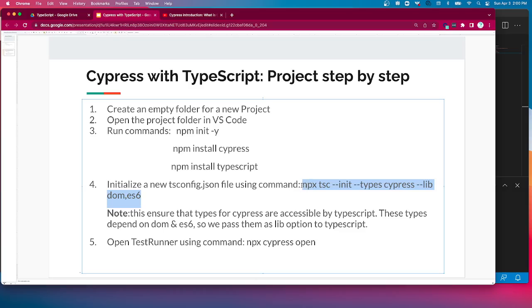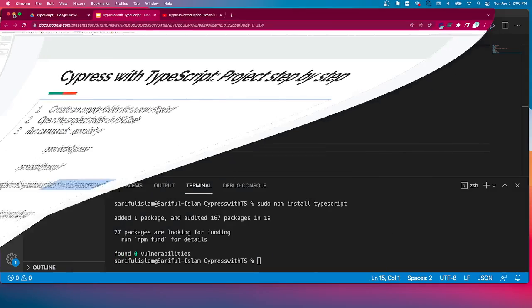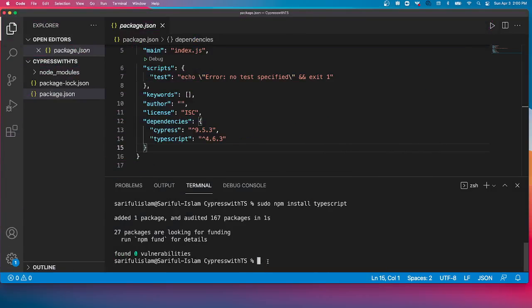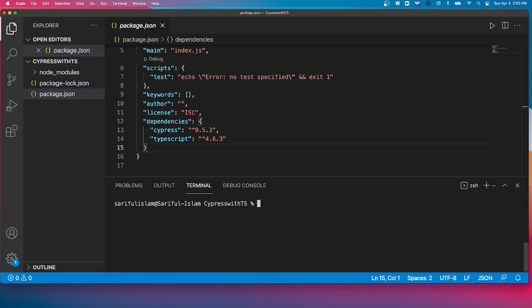Okay, you can copy that. And don't worry, I will give all these commands below in the description, so that you can easily copy and paste. You don't have to memorize it. Okay, so let's go there. Let's clear it, and then sudo npx